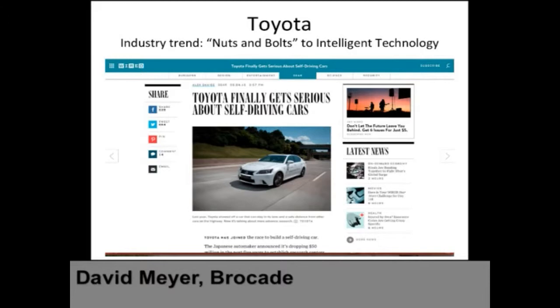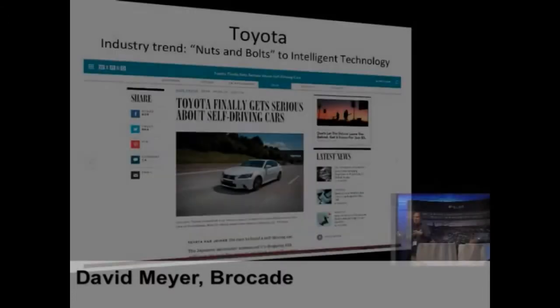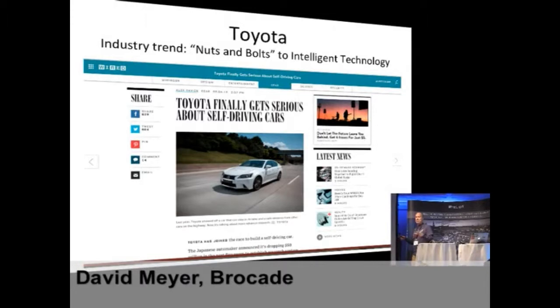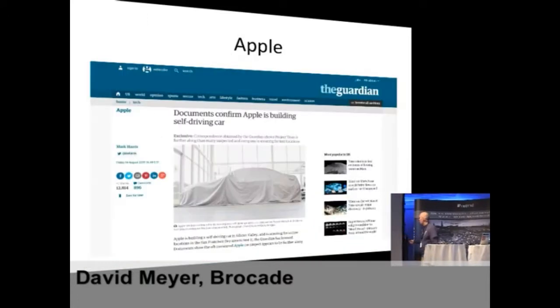Now, it's more than this, right? Because the entire industry is undergoing this change, the automotive industry, from what they call nuts and bolts, they assemble cars, to intelligent technology, right? And so the car is now a platform for intelligent technology, and that's where the battlefield is, right? Well, if you think about, say you're an equipment vendor in the network space, nuts and bolts is roughly equivalent to speeds and feeds. And the battleground is in intelligence, not in nuts and bolts. So Toyota put 40 million into this a couple weeks ago. They have to have this because they're going to compete there. How about Apple? Same thing. So you can see that there's a lot of activity around this.